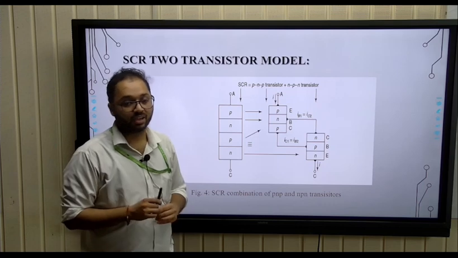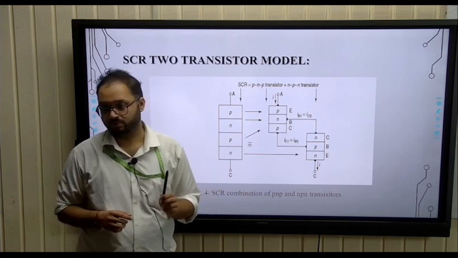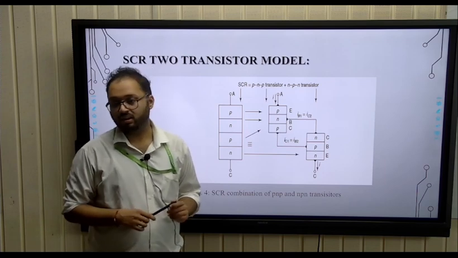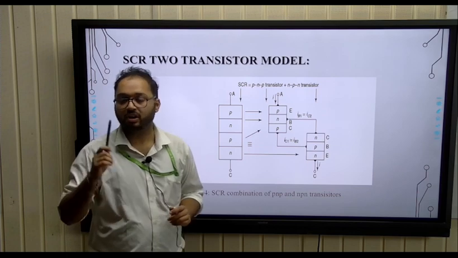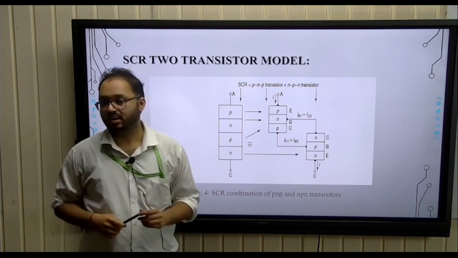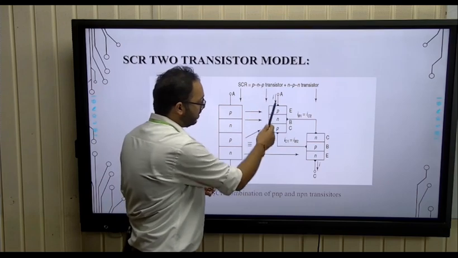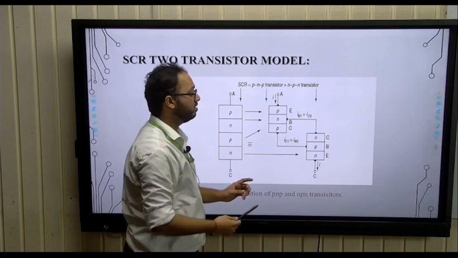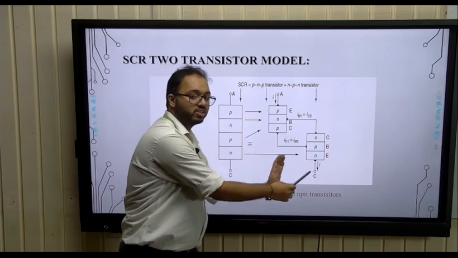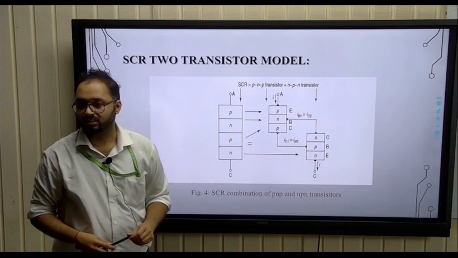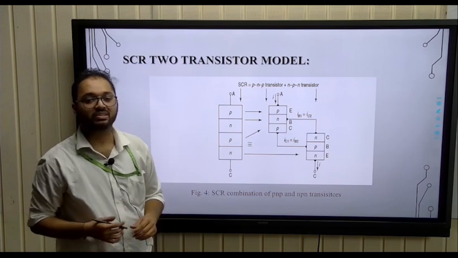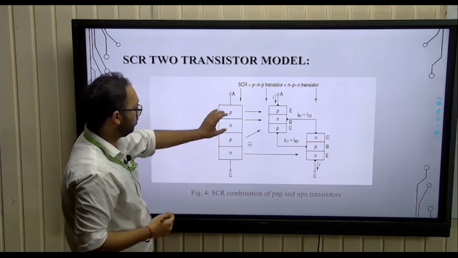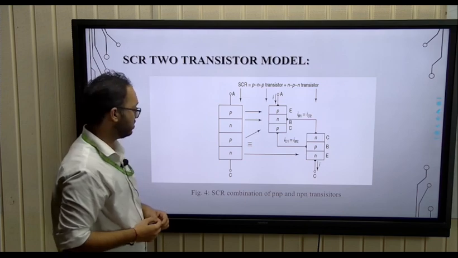Getting my point? We cannot turn on or off a diode. It is just starting and conducting. But when we talk about a BJT, there is a state when we can turn it on, or a time when the conduction starts. So in this manner, we have two currents, IC1 and IB2, or IB1 and IC2, which are responsible for the conduction of both of these BJTs. That's why we always say that an SCR is a two transistor model, but not two diodes connected in series.